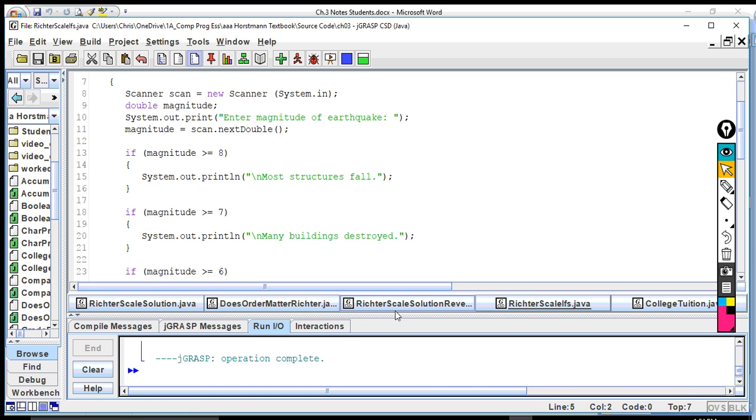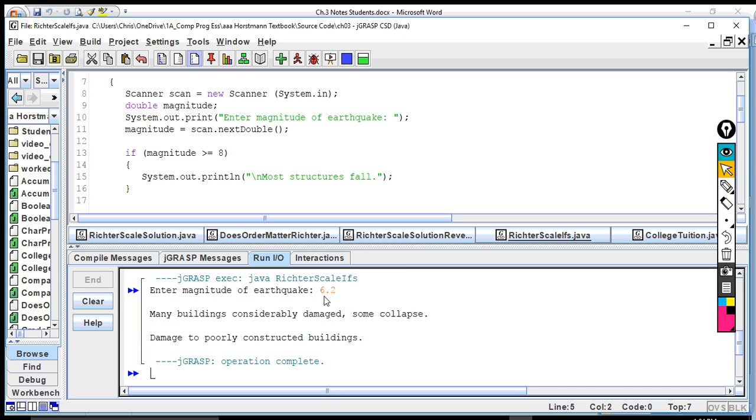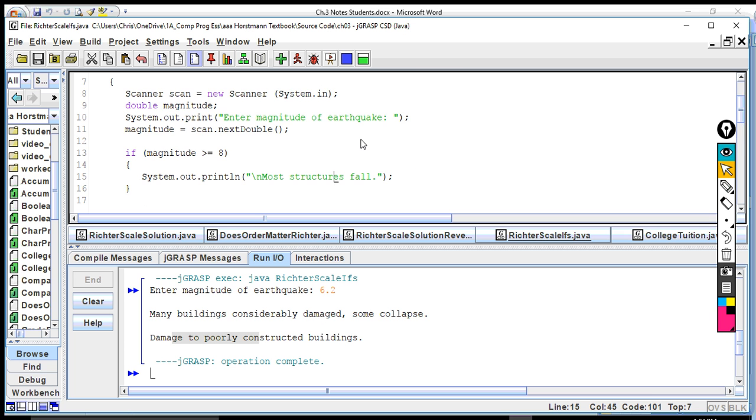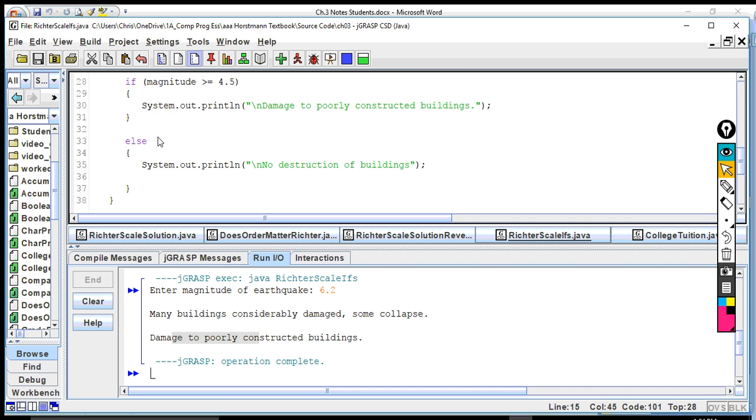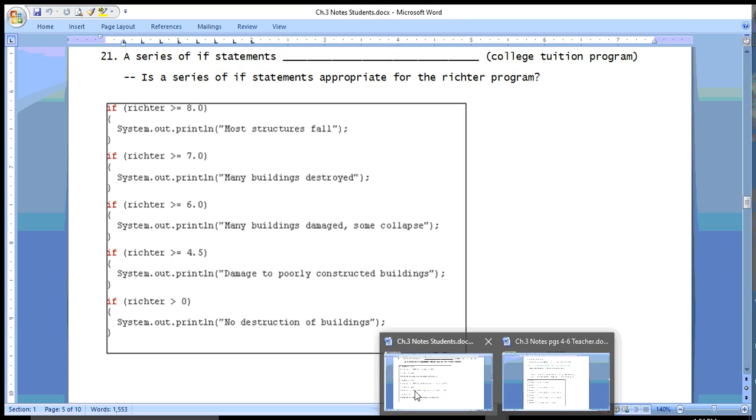If you look at it here, after the 6.2, we see that it did this and it did this. I think I wrote this differently. I didn't do the else is greater than 0 or something. Anyway, it printed multiple effects, which doesn't make sense. And so as we go back to our notes then